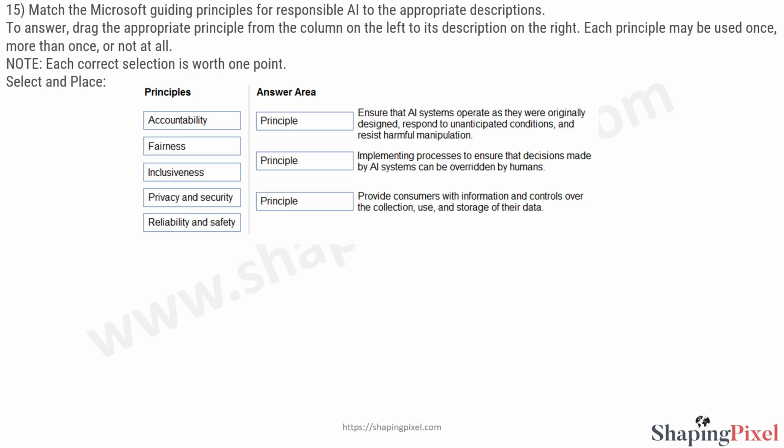Question number 15. Match the Microsoft guiding principles for responsible AI to the appropriate descriptions. To answer, drag the appropriate principle from the column on the left to its description on the right. Each principle may be used once, more than once, or not at all. Each correct selection is worth 1 point. So the principles are accountability, fairness, inclusiveness, privacy and security, reliability and safety. So the right principle for the following statements are: